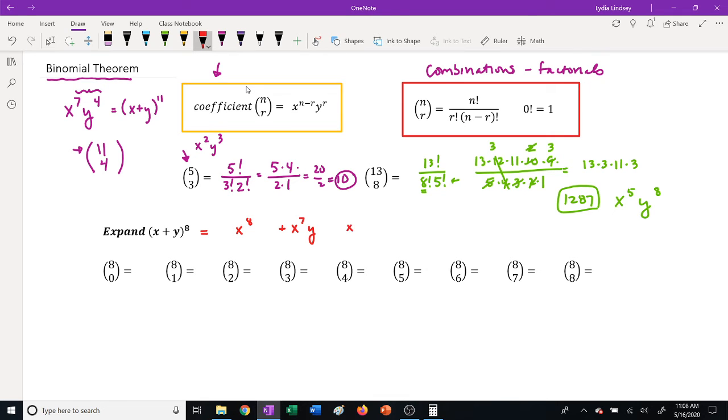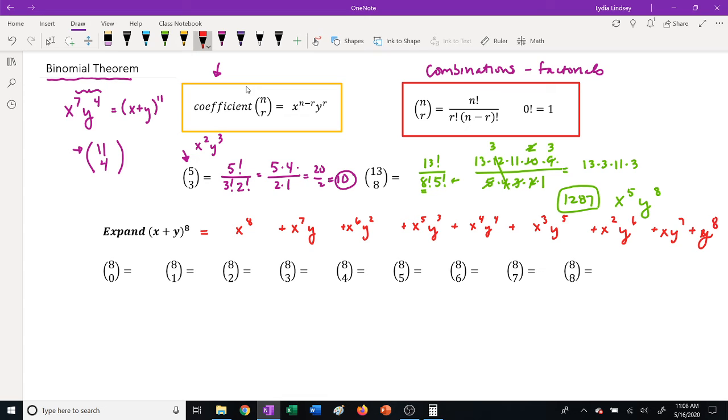And then I'll have x to the 6th, y to the 2nd, x to the 5th, y to the 3rd. You getting that feel, right? X to the 4th, y to the 4th. It's always kind of the middle point. Not always, but with even ones there are. And then x to the 3rd, y to the 5th, x to the 2nd, y to the 6th, x, y to the 7th,